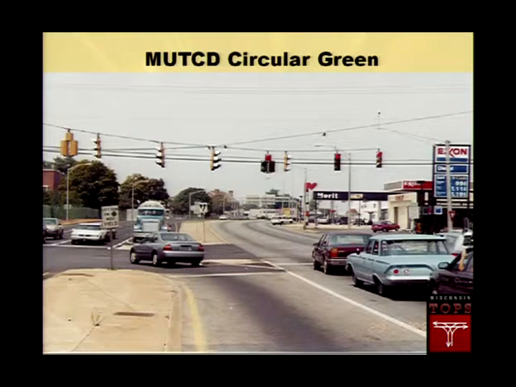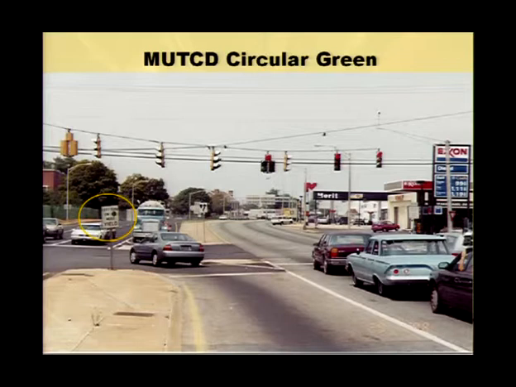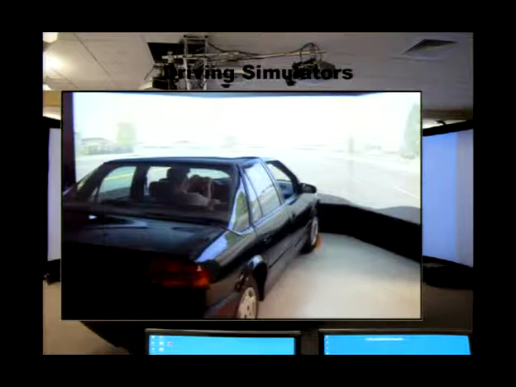Many of the locations use what we call the 5-section cluster, the 5-section doghouse. And although this picture is getting a little bit dated, you can see that even with that, we're using supplemental signs. This one says left turn on circular green must yield. It's from 1998, and back in the good old days, you used to get a gallon of gas for $1. So life was good way back in the 90s. But nevertheless, this was a perfect scenario to combine the human factors aspects and driving simulation with the basic traditional methods of safety.